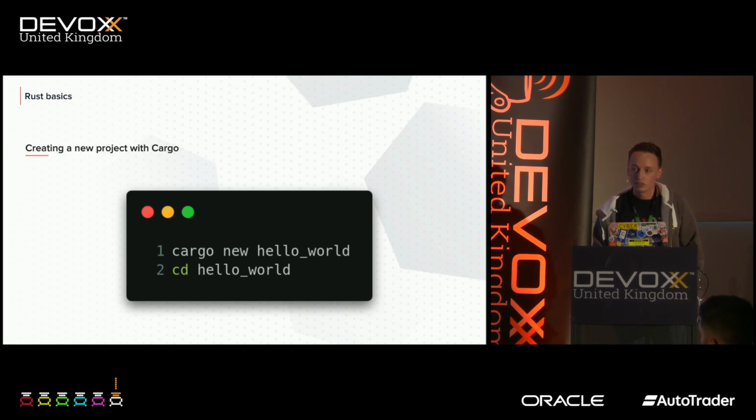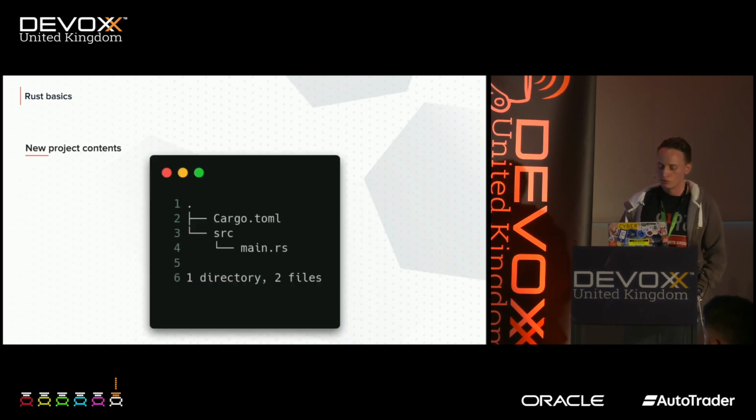Your tooling, you have tooling called Cargo, which handles pretty much everything you would like within Rust. So you can create a new project using cargo new. This is your equivalent of Gradle or NPM or the .NET CLI, anything like that. When you create a new project, it's very, very simple. You just get your Cargo.toml, which is the equivalent of, let's say, your Gradle file or package.json. It just contains your project information, and you get one source file. Nothing complex going on at all. The only other thing of interest is that if you have Git installed, it will automatically install or prepare a Git repo in the same directory.